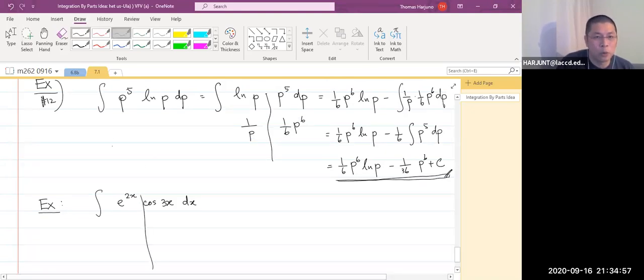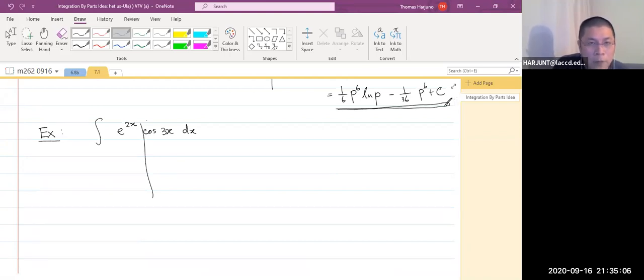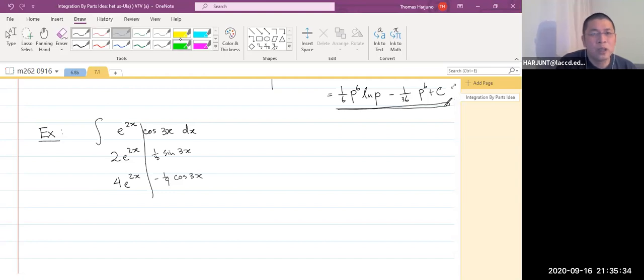Suppose I do the derivative, because neither one of them actually goes down to 0, then it actually doesn't matter which of the factors you use the derivative on. I choose to do derivative on e to the 2x. This will be 2e to the 2x, 4e to the 2x, while this one here is 1/3 sine 3x. This is negative 1/9 cosine 3x. I will stop there. Why? Here's the thing. This guy is now equal to